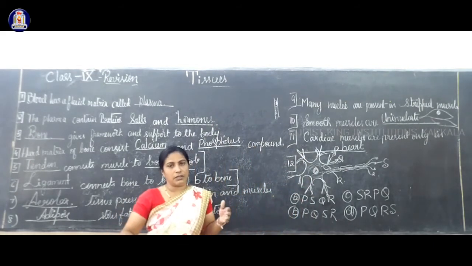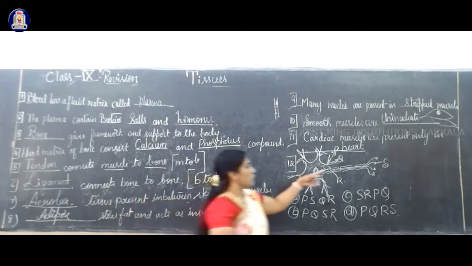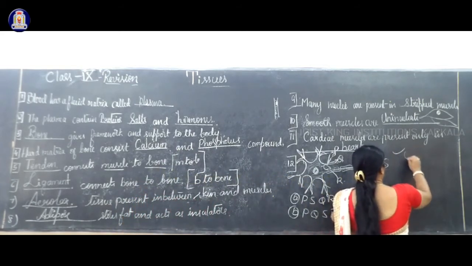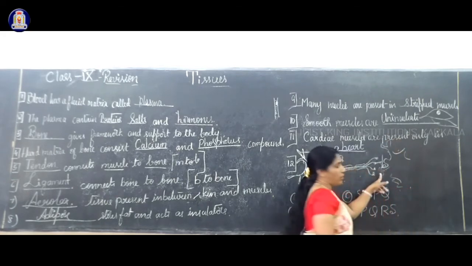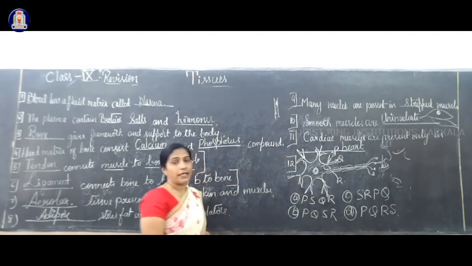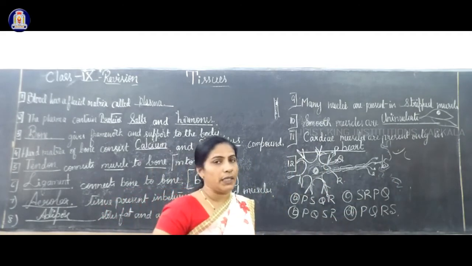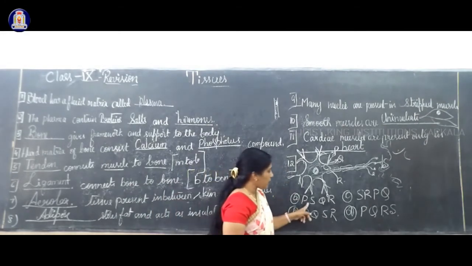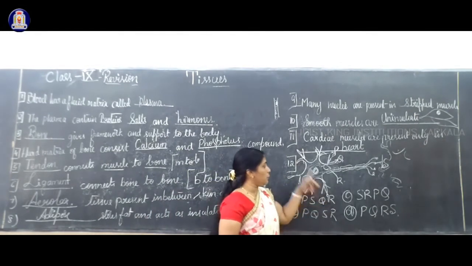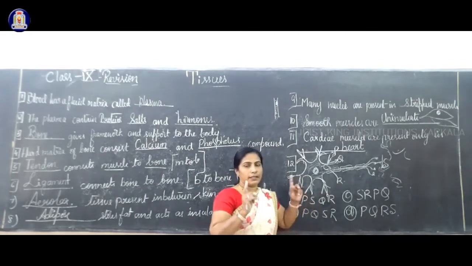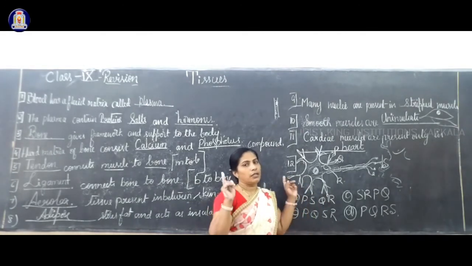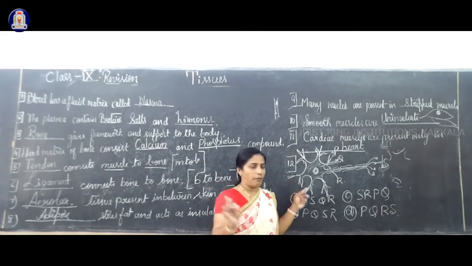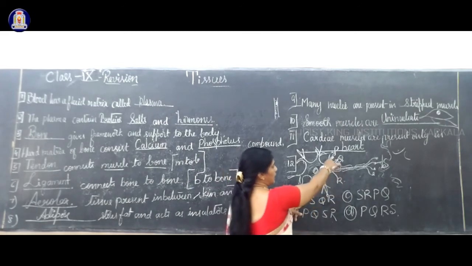The junction in between the two neurons. So if you find, here again one more neuron will be there, with its dendrite connection here. So this junction is called the synapse. Now identify the correct sequence of flowing electrical impulse in the human body. P, Q, R, S. Go through it. You must know: from the dendrite, cell body, axon, and the end of the axon. This is the format. Now P is related to dendrite.